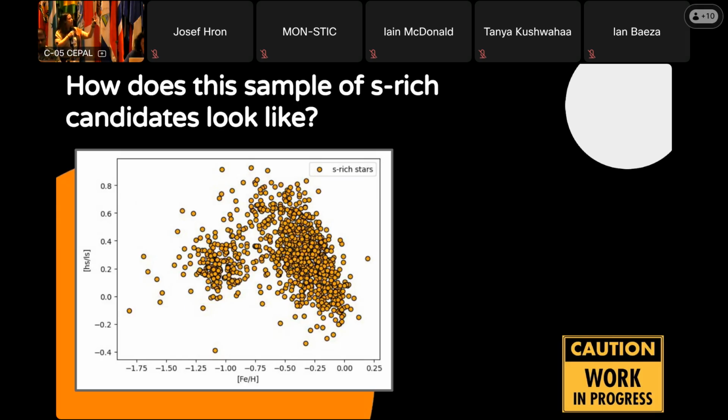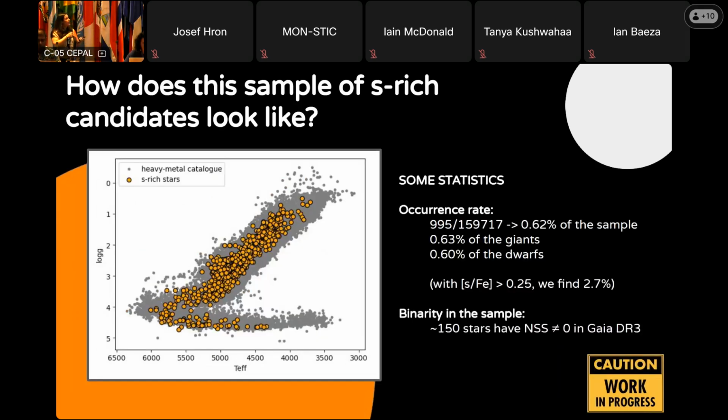But with the stars in the first blob on the right, I was quite happy with those. Then some statistics. I find 0.62%, so no 1%, of the sample being enhanced in this process. I was a bit more conservative than literature choosing these stars. If we go to the traditional cuts, which I do not plan to do, we reach a number up to almost 3%. So we can play with the numbers until we get that 1% if you guys want.